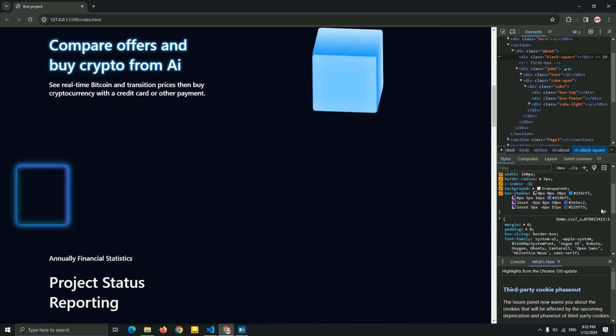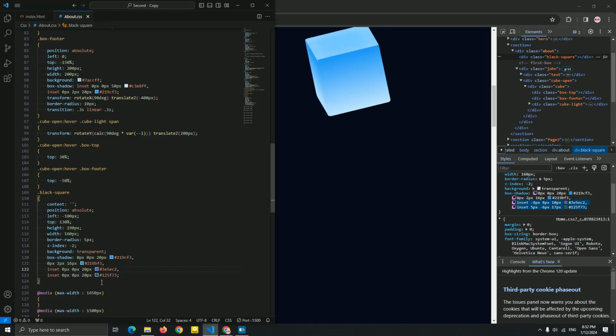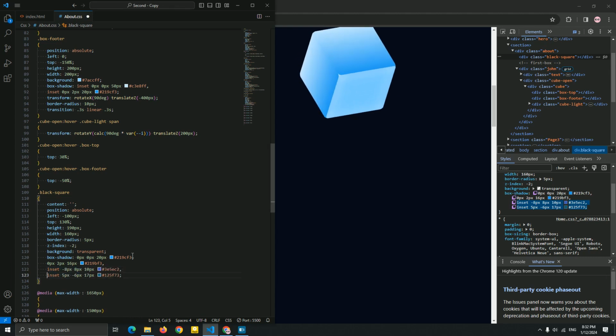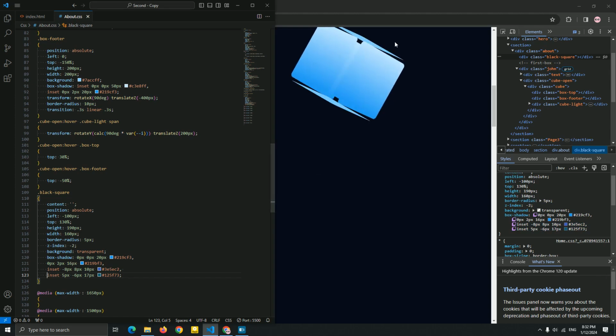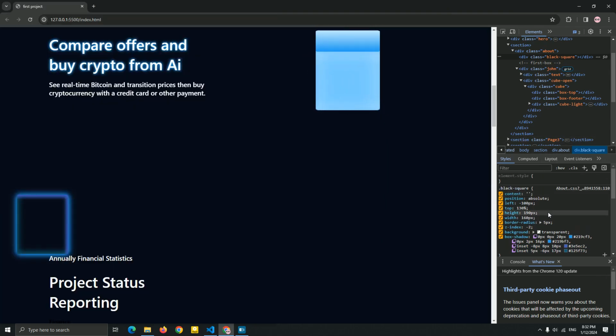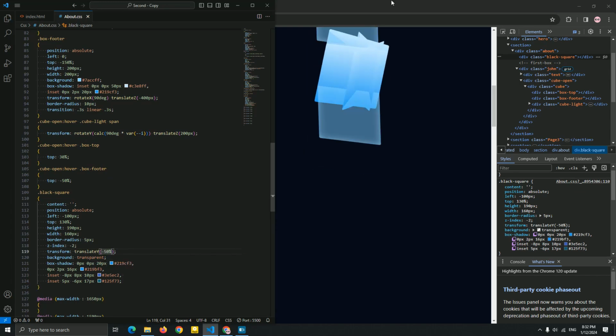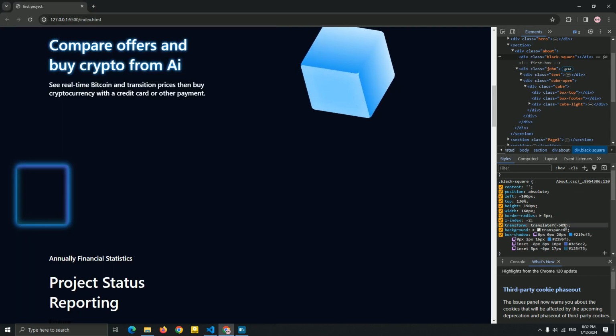Yeah, so this is our box shadow, guys. As you can see, we just created it very fast in inspect. And now let me just explain what we need for this. So now we just add this transform. I'm sorry, just minus 50%. Okay, and now as you can see, we just create it here.